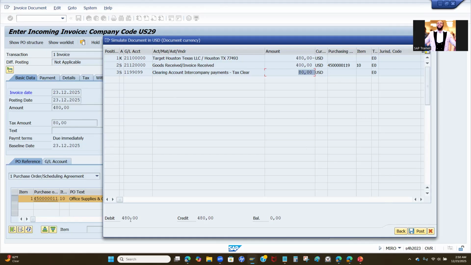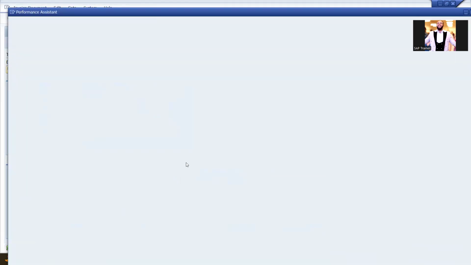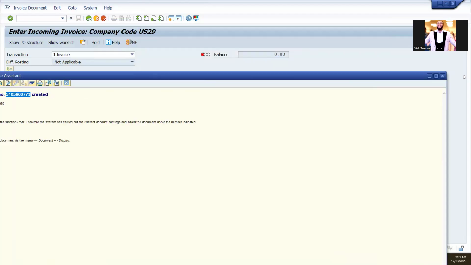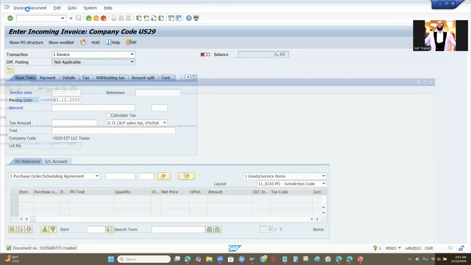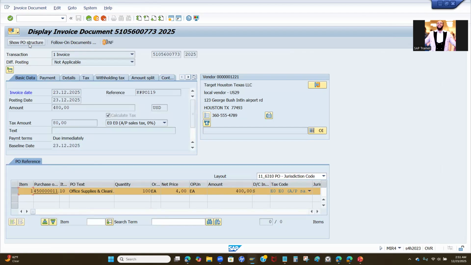And after everything, you can see the debit, and you can see the credit, and you can see what the balance should be. And we're going to hit post. And now you can see that the material document has been created ending with 773. And here we can also directly copy this number. And after copying that number,